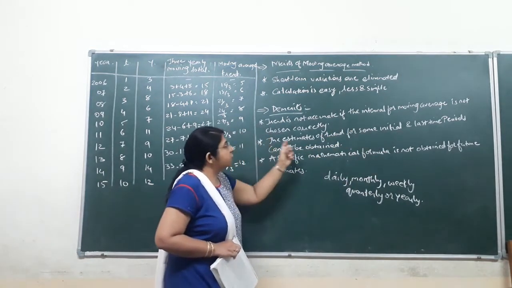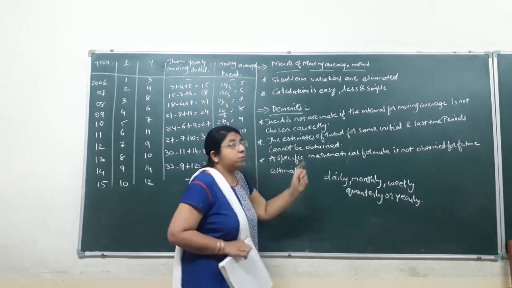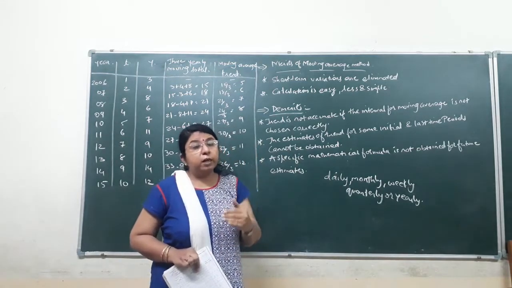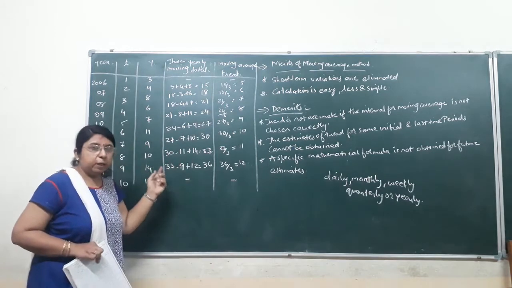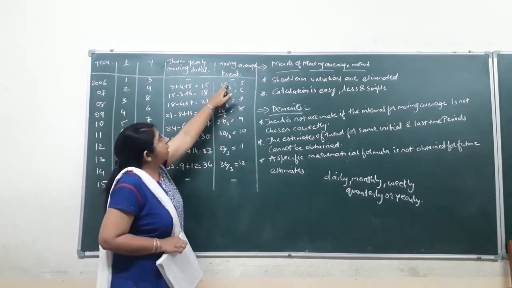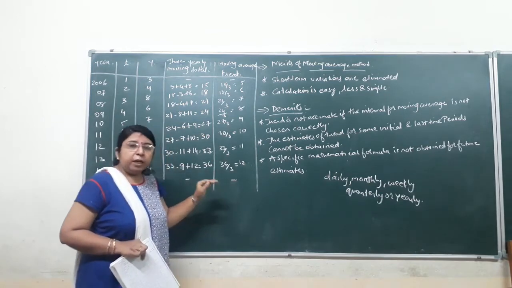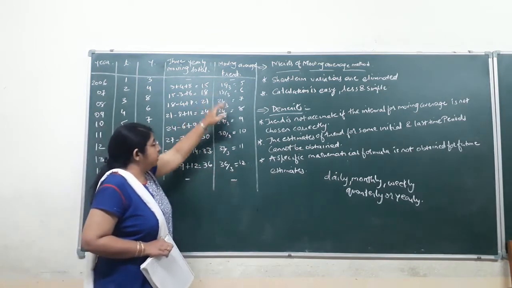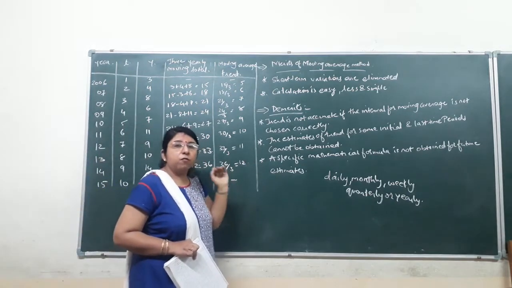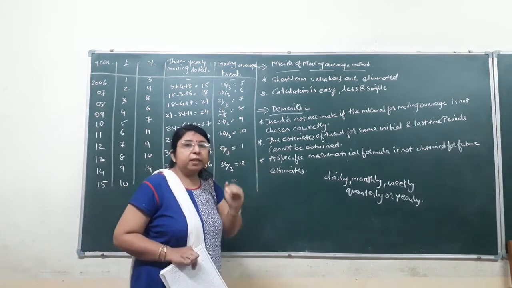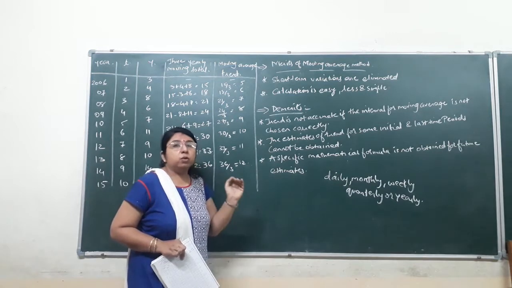Second one, the estimates of trend for some initial and last time periods cannot be obtained. Okay, so you will understand that with the help of the practical sums. You can see on the board one practical sum of an exercise that I have taken. Here you can see the first value of trend I have marked as dash, and the last value also I have marked as dash. It means there is no trend in the starting period and at the end period. So this is one of the limitations: estimates of trend for some of the initial and last time periods you cannot get through this method.